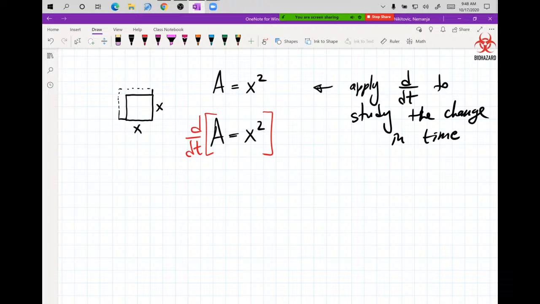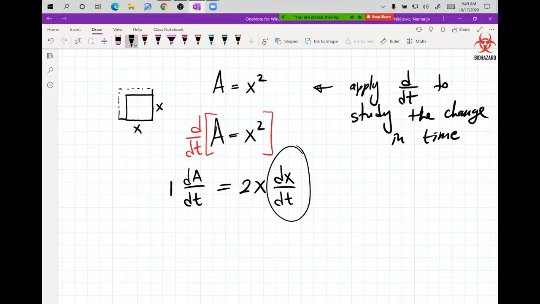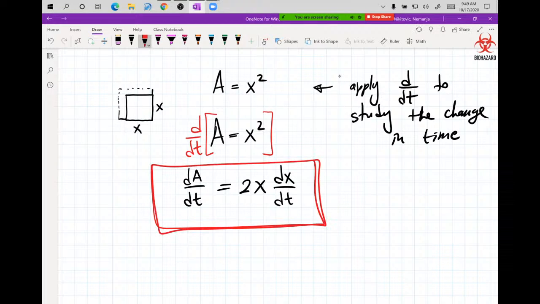Well, derivative of A is 1, and then I have to follow with the chain rule dA dt because they don't have the same variable. Equals 2x, and then I have dx dt in this side because, again, I took the derivative of variable x in respect to t. It's not the same variable. I have to follow with the chain. Now, I don't need this 1 in front over here, so I'm just going to get rid of it. And look at it. This formula here is called